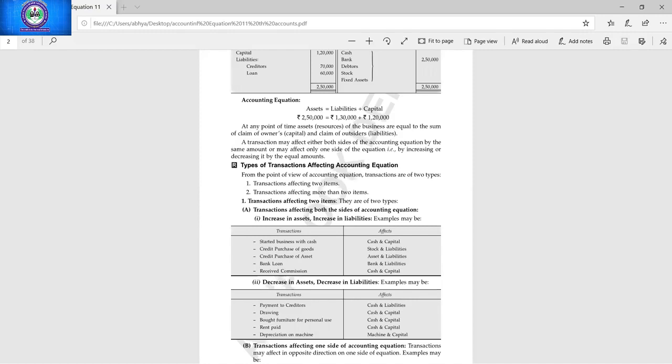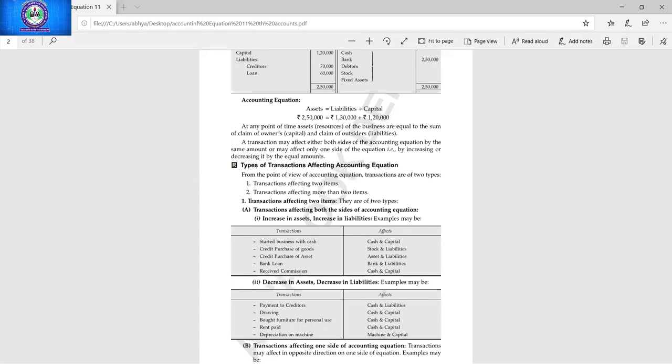Yes, many students have given me the correct answer. Ma'am, cash in hand will decrease and the furniture will increase. Yes, very good. Cash in hand will be decreased and furniture will be increased. So what is the nature of the furniture account? Nature means capital, asset, revenue, expense, liability. Everyone has given me the correct answer: asset. Very good. And what about cash? Nature of cash account? Yes, good understanding, students. Darshika, what is the nature of the cash account?